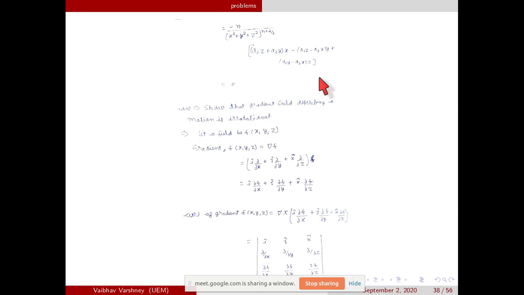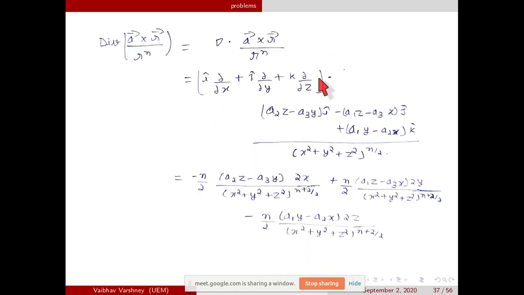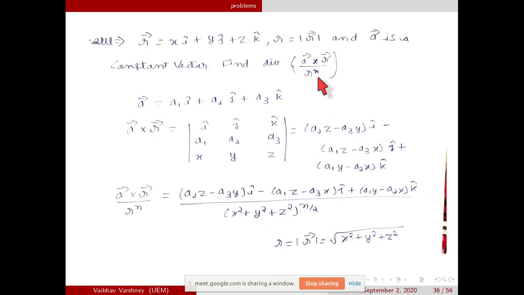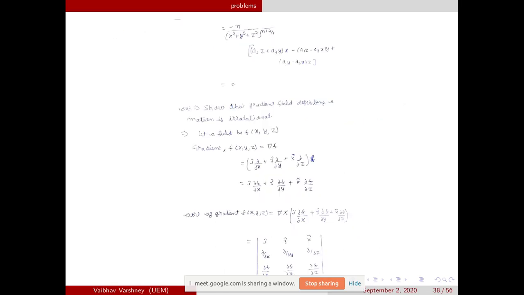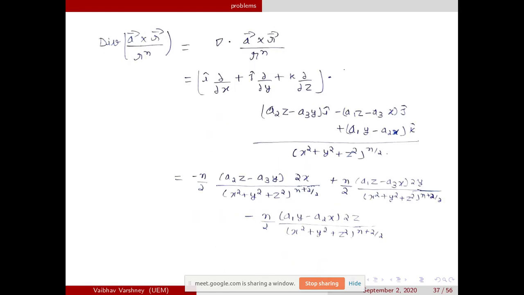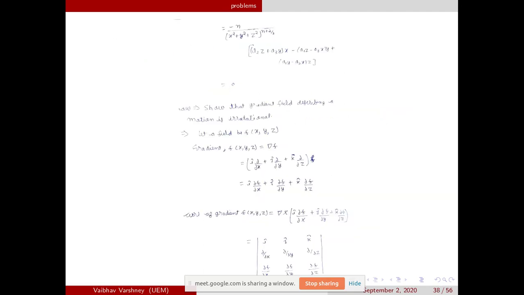Yes, sir. Okay, so now this question should be clear to all, how we obtain the divergence of this term, and you can check more questions of this kind, r to the power n, from the Spiegel book. Please, I am again telling all of you, please do questions, because you can understand vectors only when you do more problems. If you do more problems, you will understand all the concepts, divergence, curl, how to operate. So this one, no, the next page. This one. Next one.